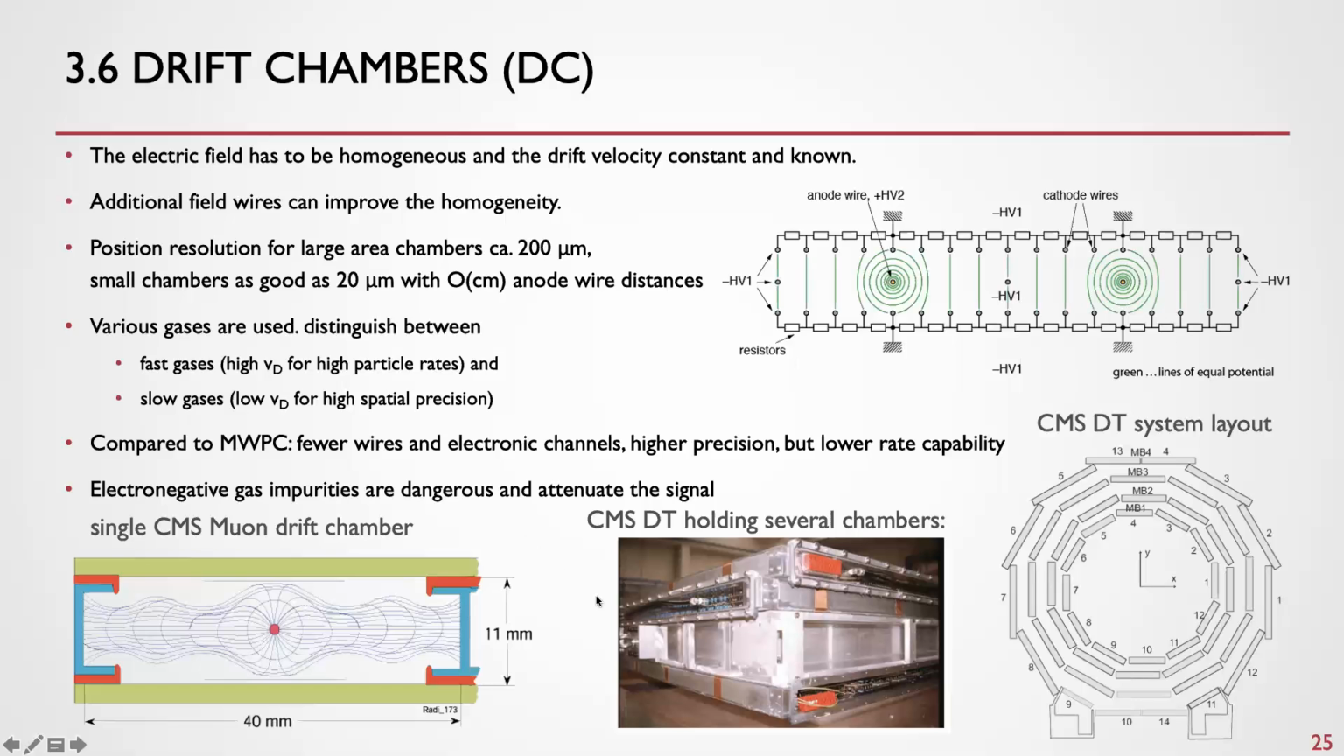So there has to be a way to recover and purify the gas during shutdown periods, for example. Here is an example of a simulation of an electric field of a CMS muon drift chamber. It's 40 millimeters in length, with a thickness of 11 millimeters. The wires are not shown, but you see that there's a fairly homogeneous electric field, and many of these muon chambers are then assembled